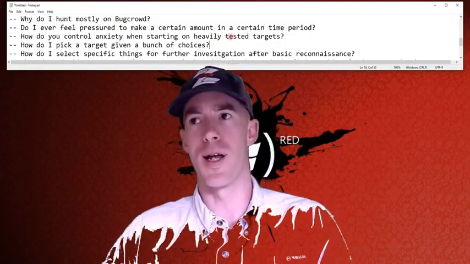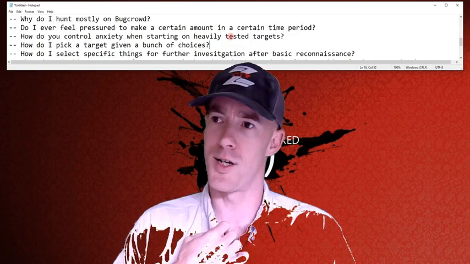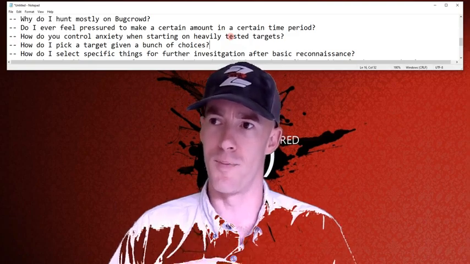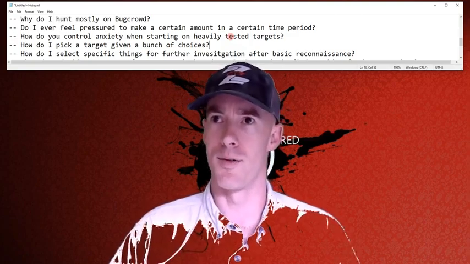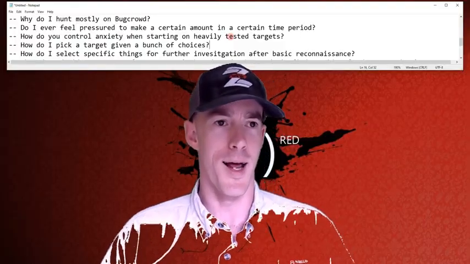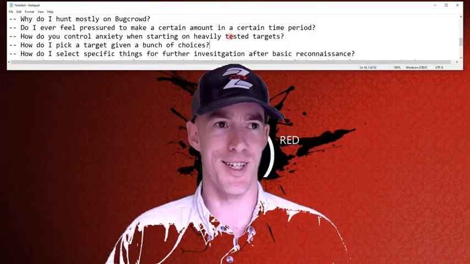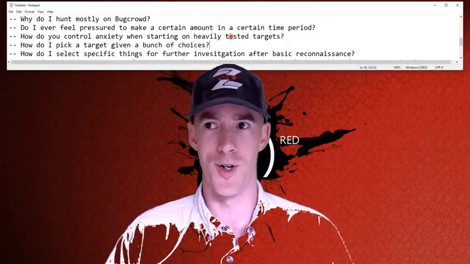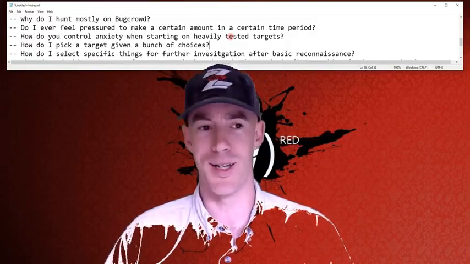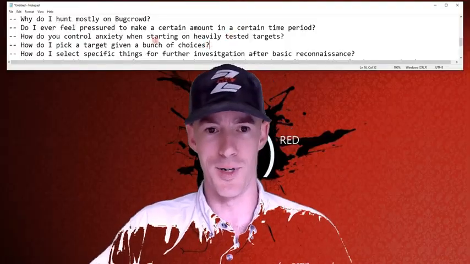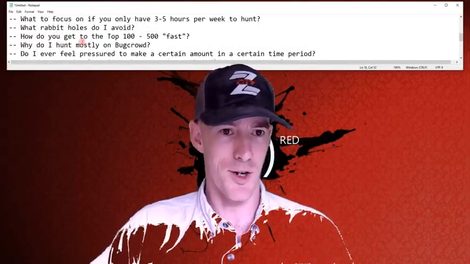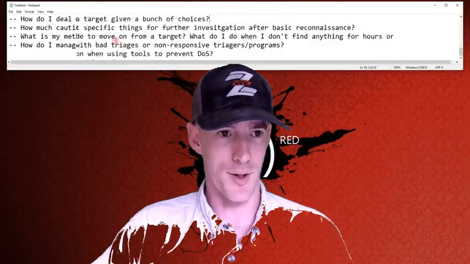I ran into one the other day that said cross-site scripting and SVG uploads is known, and something to the effect of we don't care. I'm like, oh, you're okay with anybody being able to achieve stored XSS on your, and it was on their domains, not a third-party domain. I'm like, you know what? That's the type of program that doesn't really care about security. I'm going to move on. So that's just the way I kind of think and work on those things.